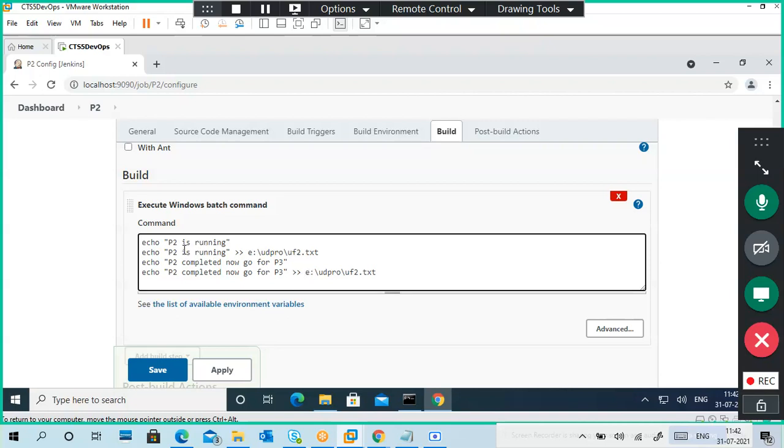Okay, so P2 is running, and go for P3, and we have to give post build actions.